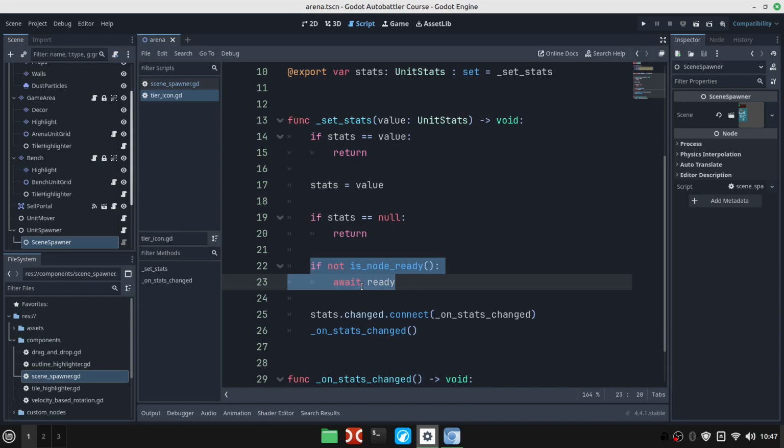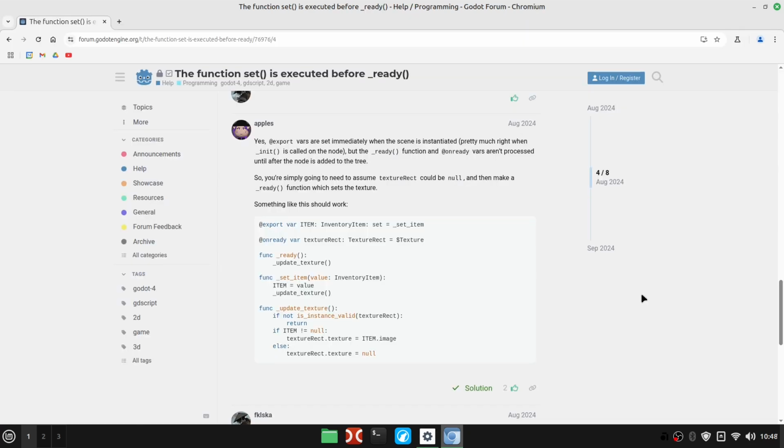By the way, if you're fine with using this await, there's no real downside that I know of. It's been bothering me because I don't really like this solution. And I stumbled upon this thread from the Godot forums, and I really like this answer here, which says that export variables are set immediately when the scene is instantiated, but before the ready function is processed. So you're simply going to need to assume that anything can be null and then make a ready function that